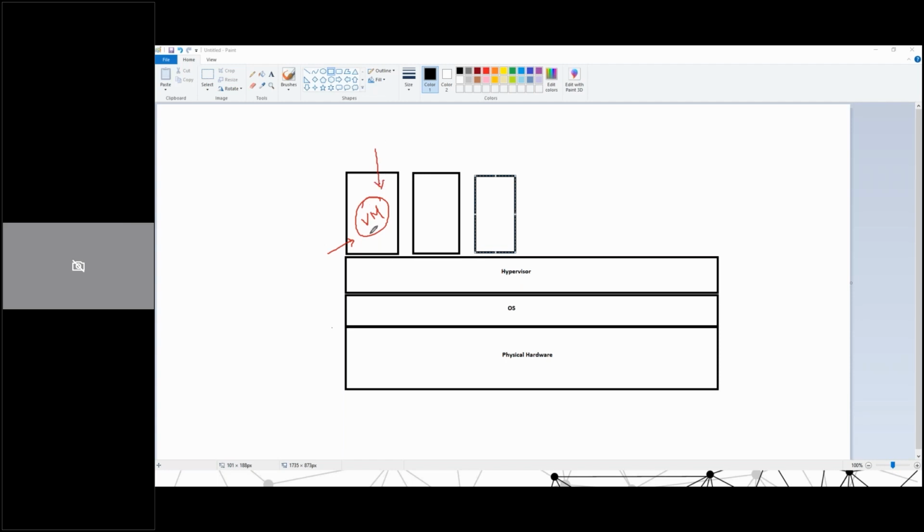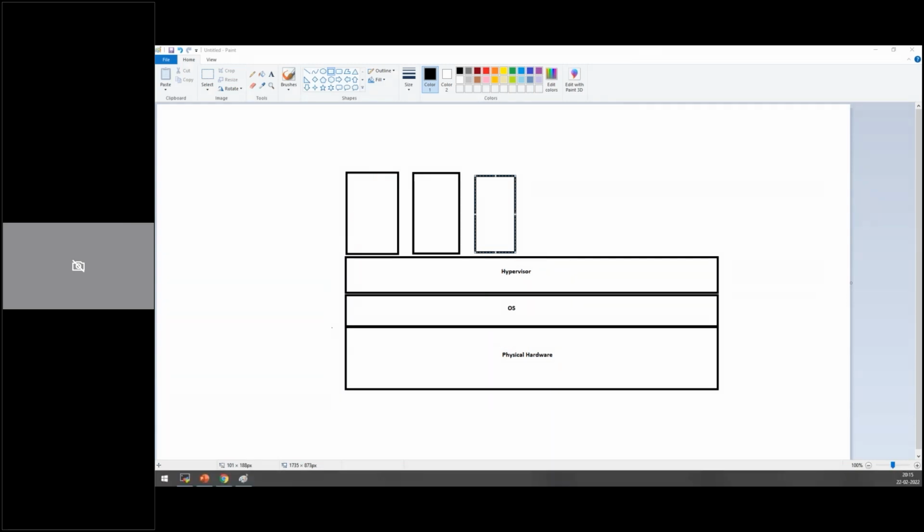But how can it work like that? How can it share this hardware effectively? With the help of a software called a hypervisor. You are doing the virtualization with the help of a hypervisor. The common examples I just showed you are Oracle VirtualBox and VMware Workstation. Now I'm going to show you how to deploy a simple virtual machine. I am using VMware Workstation for that, but you can use any tool, no problem.